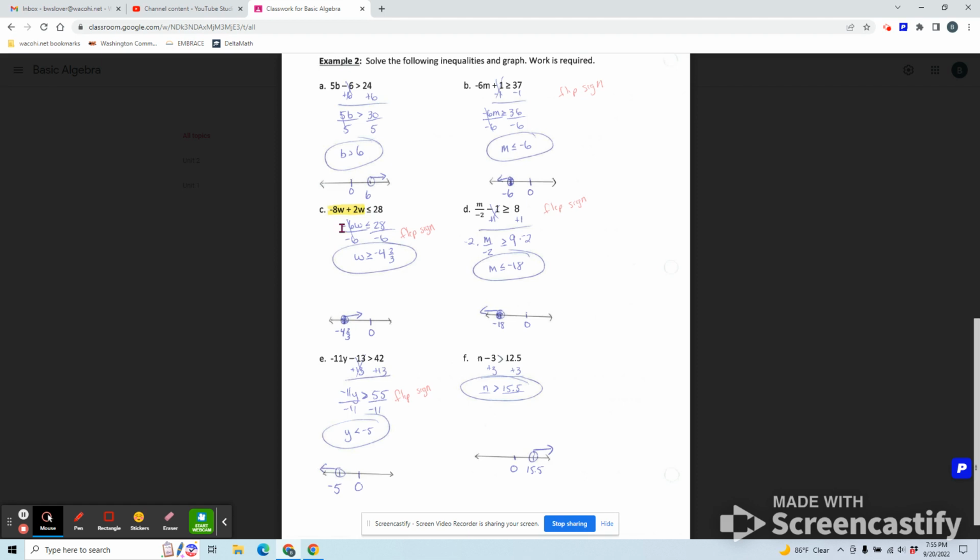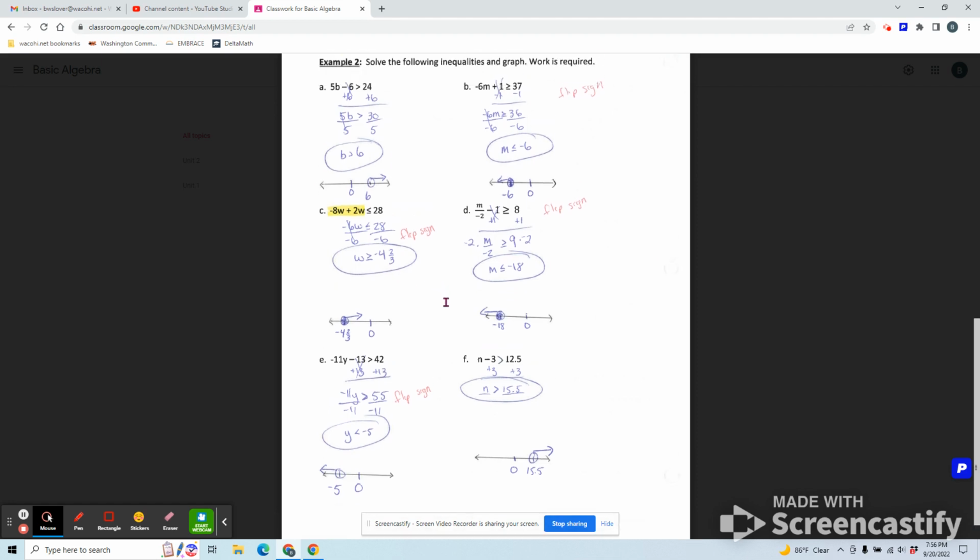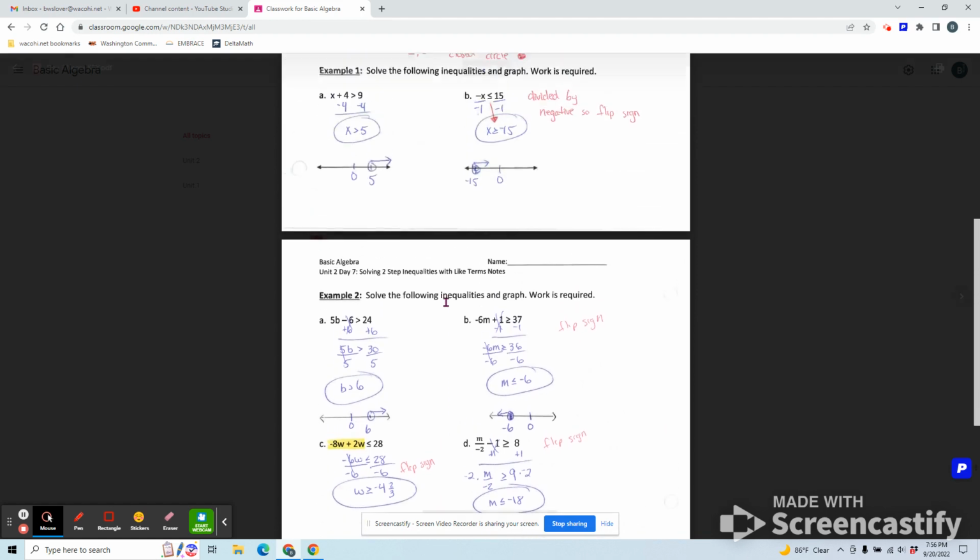I divide both sides by negative 6. But notice in red over here, I had to flip that sign because I divided by a negative. And it's okay that I got a fraction. If you turned it into a decimal, negative 4.67 or negative 4.7, that's fine. I just left it as a mixed number. So you can work through the rest of these. If you have any questions, let me know. The big takeaway is to make sure that if you are